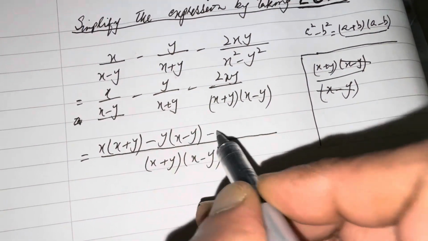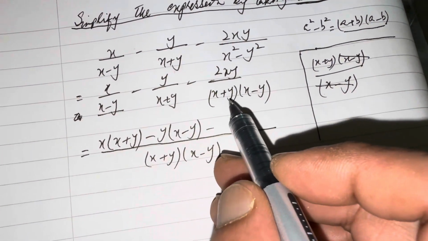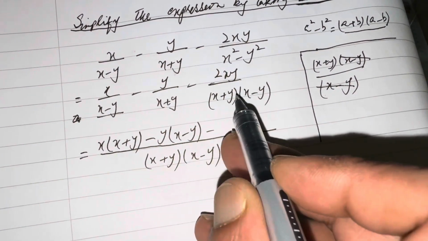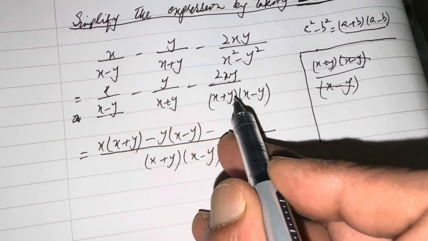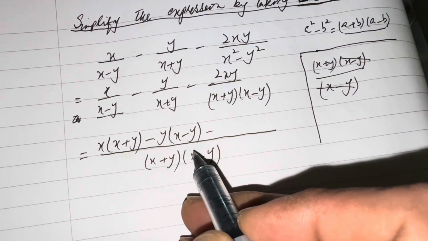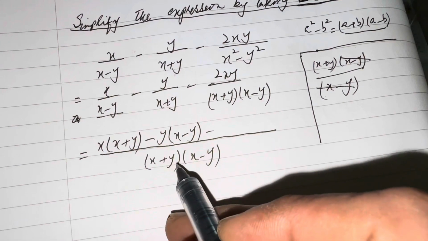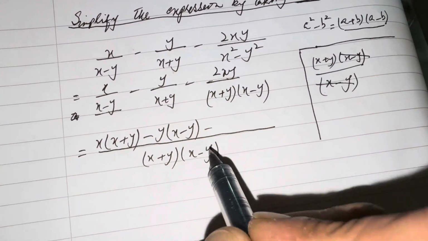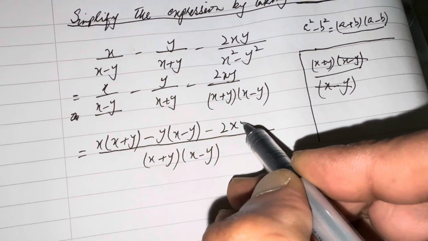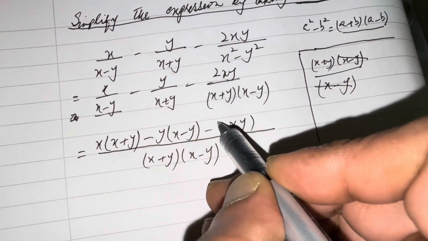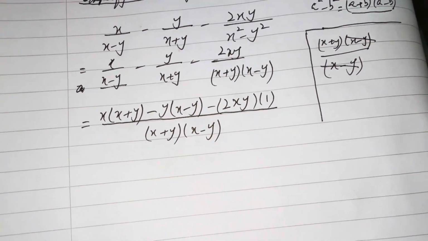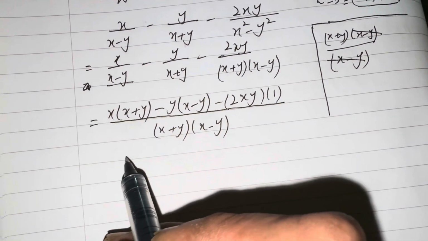Then the minus sign. Now these two are the same, so when we divide these two expressions, they will be cancelled with each other. So बाकी आपके पास दोनों कैंसिल होने के बाद वो एक बच जाएगा, उसे आप multiply करेंगे 2 into xy के साथ। तो ये सिचुएशन बनेगी इन द सिंप्लीफिकेशन करते हुए।